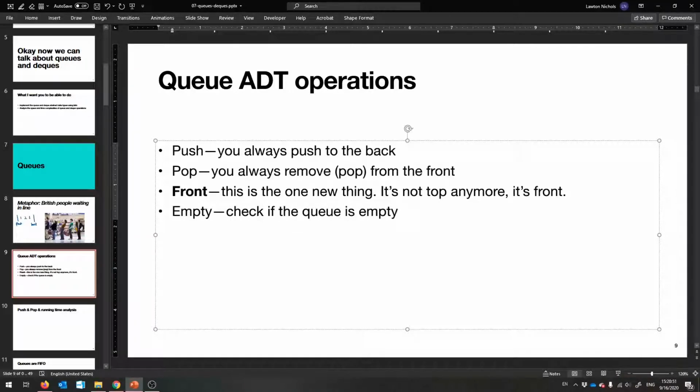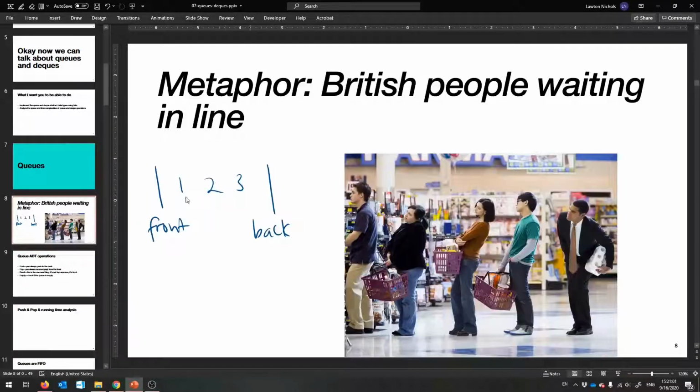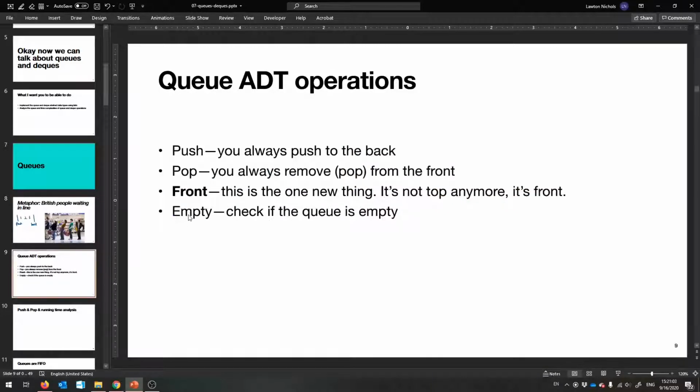Alright, so the way that you implement these things is really not too bad. You will use a list again. It makes sense to use a list. So let me show you how we might come up with 1, 2, 3 from an empty queue. Alright, so here's my empty queue. It's got a front and it's got a back. So if you call empty on it, it'll return true. Looks like a happy face, kind of. So there's our empty queue, and let's push